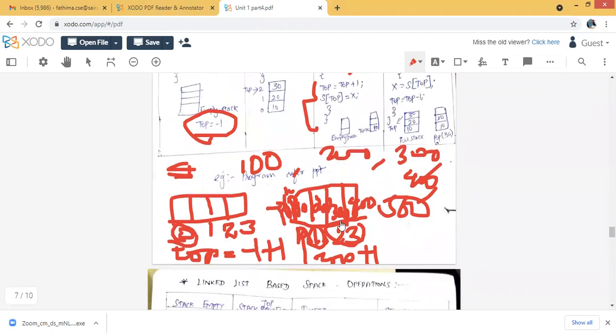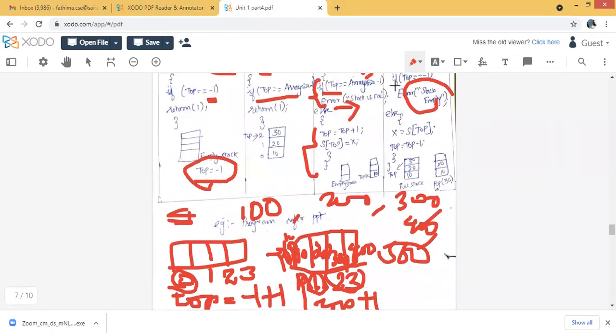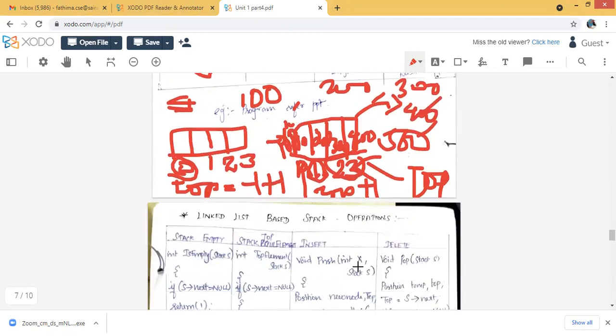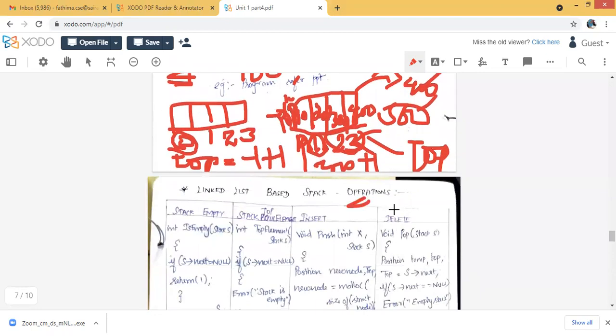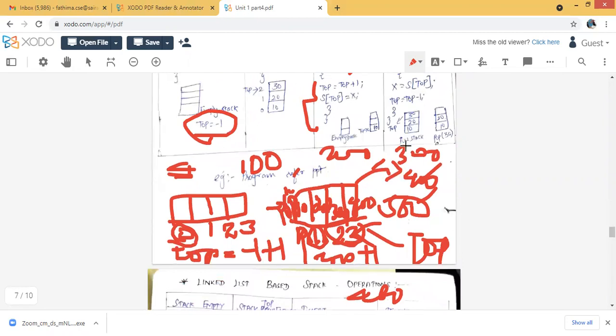Now this is my final output. I want to do a pop operation: if my top is -1, no. This is my top now, so I pop the element 400. My result will be 400, and my top is decremented by 1.